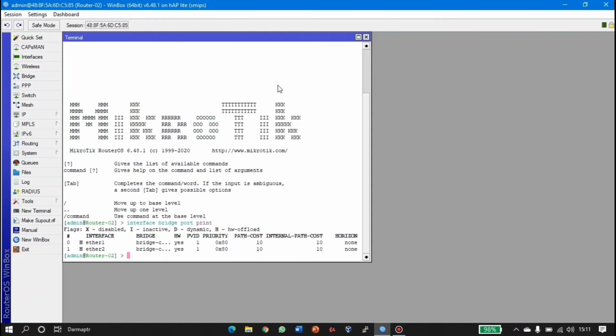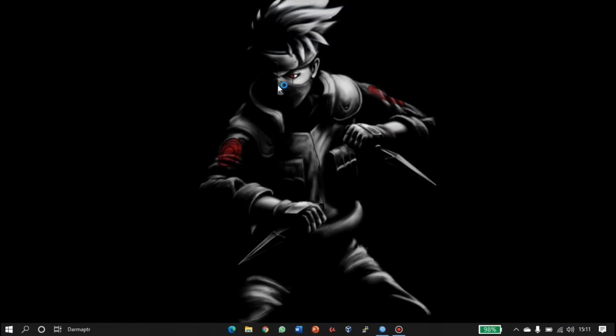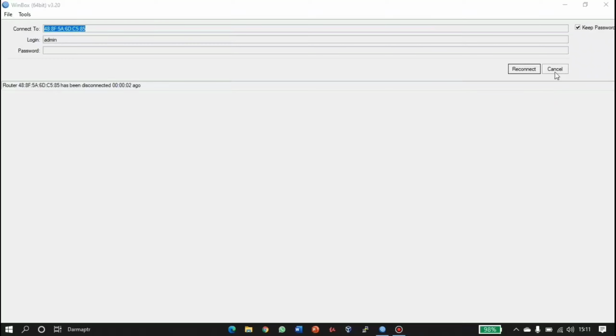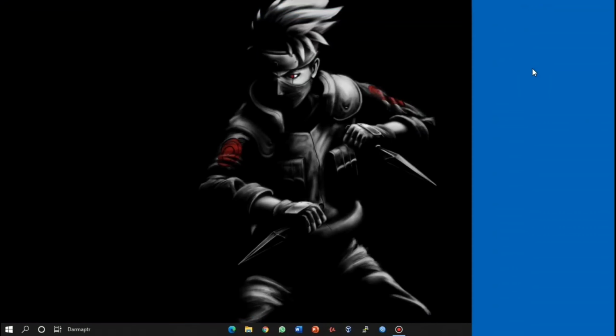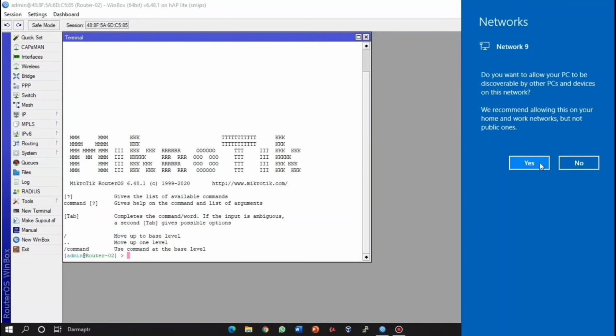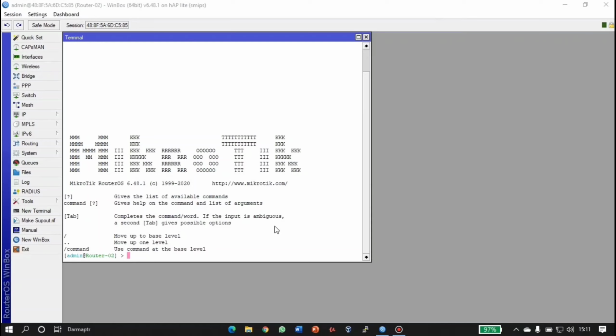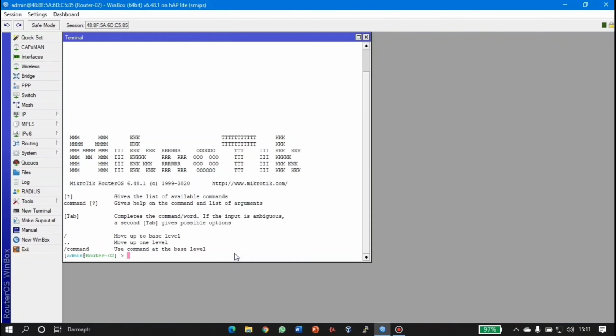And then configure the DHCP client with the command IP. Here we connect. And we configure the DHCP client command IP DHCP client add interface bridge client and disabled no, enter.